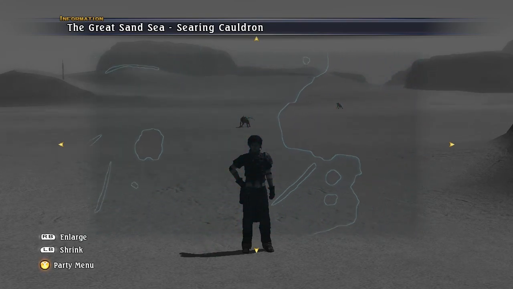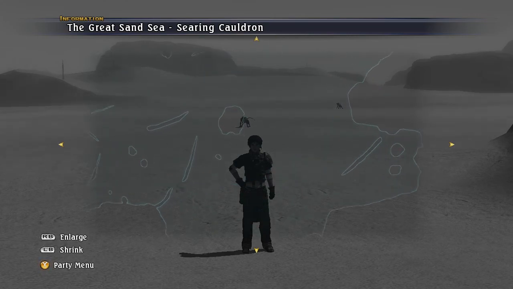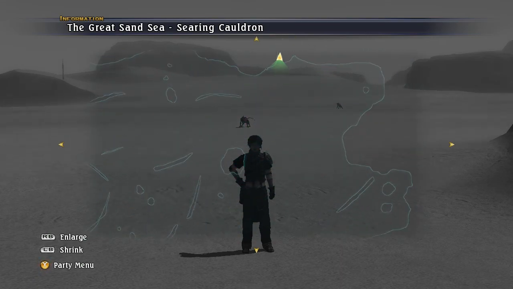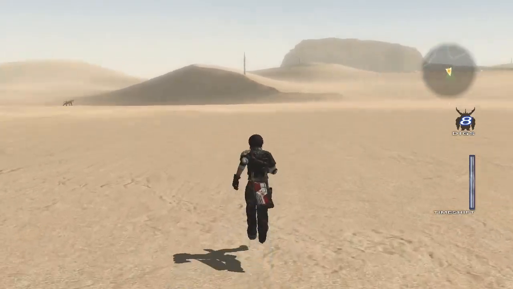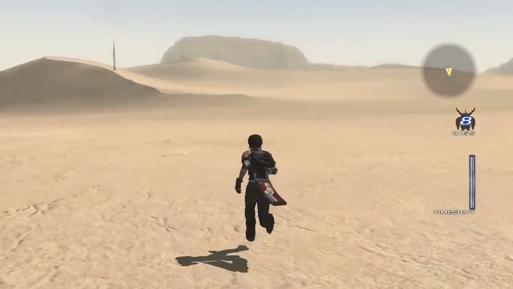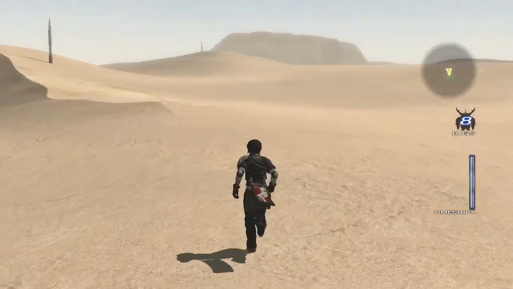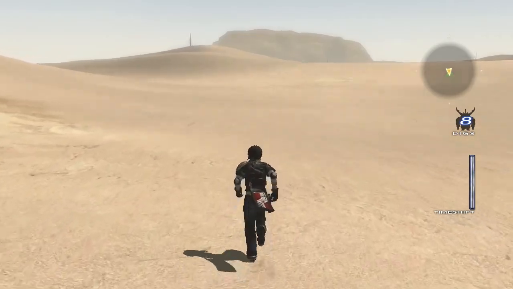is, let's see, it's about there. It's a little bit southeast of that little chunk of map that's missing. So basically we're going to run all the way down there, and we're going to activate it, and then we're going to run all the way across the entirety of the desert and activate another pillar. Do you now see why this will be boring? And I don't intend to fight anything along the way if I can help it, because that's just a giant